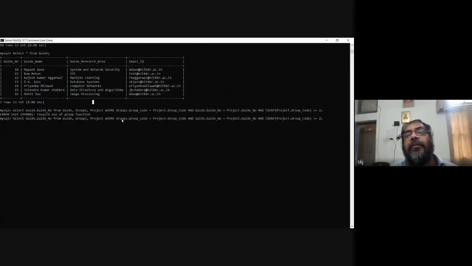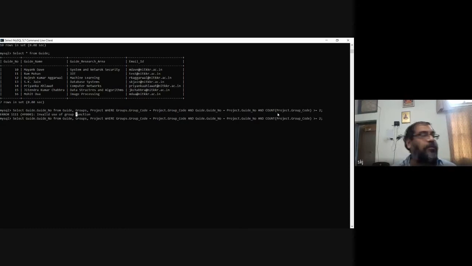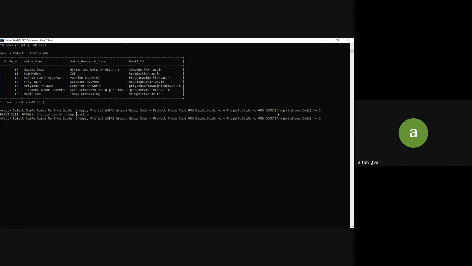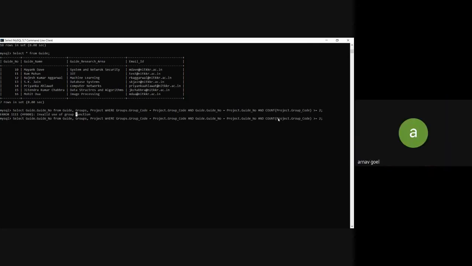Here in the where clause, जो aggregate function you are using, कहाँ पर है? Count equal to लिखा है ना? Yes, so I'm using count project dot group code is greater than equal to 2. ये count is not valid here. I think count is used if using the select statement. अब पता नहीं ये आपने कैसे किया। एक तो ये काउंट नहीं आएगा वहाँ पर।